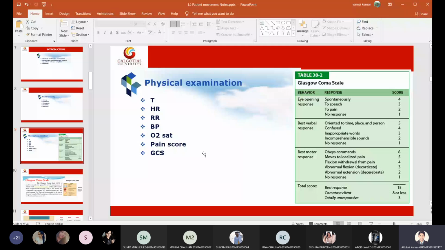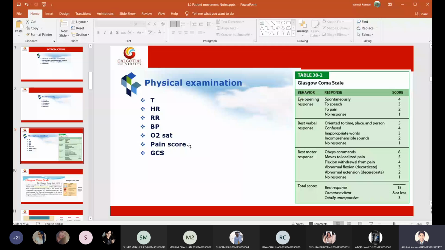Only in the hospital we will have a clip oximeter. So if you keep that clip, automatically you will get the oxygen saturation level of the blood. And we should also see something called the pain score of the patient. If there are any amputated nerves within the limbs, the patient cannot feel the pain even though we are pinching him. So we need to see the pain score of the patient,